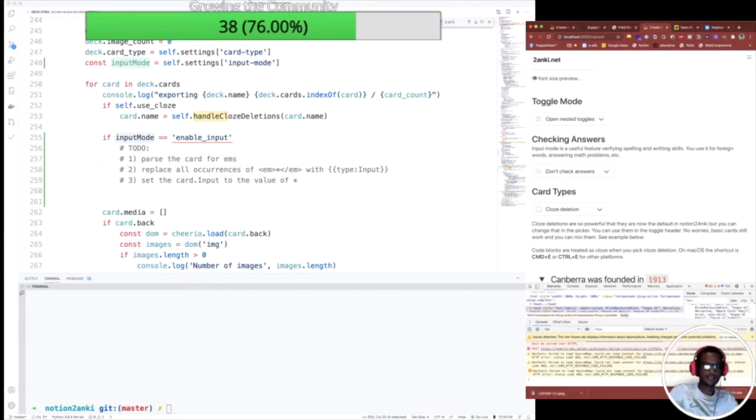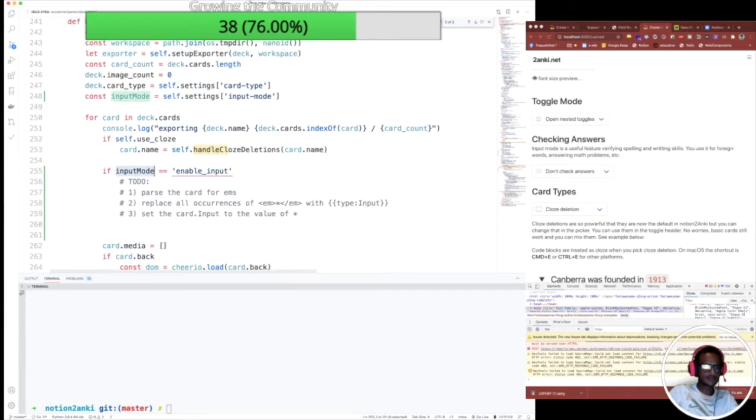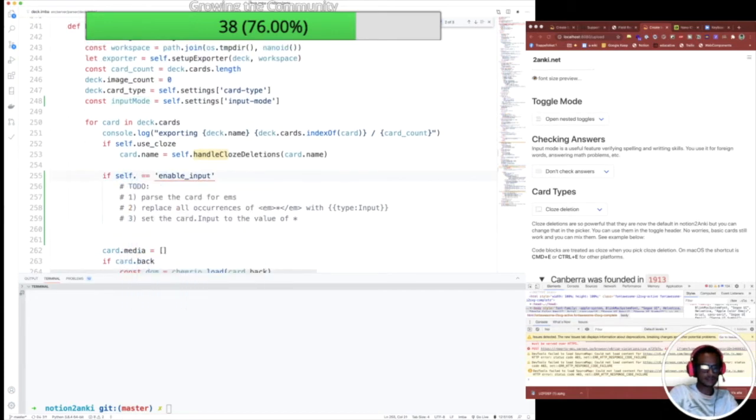Yeah, we're going to implement it separately, so unfortunately we have to do it this way. If self.enable input,